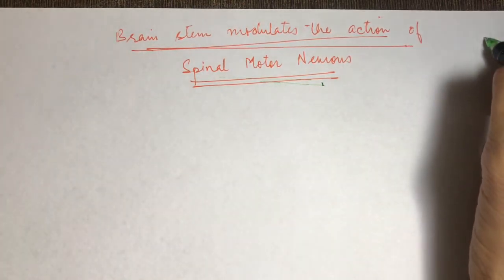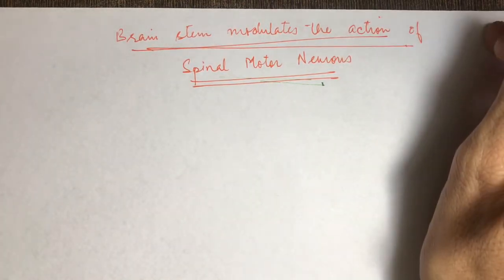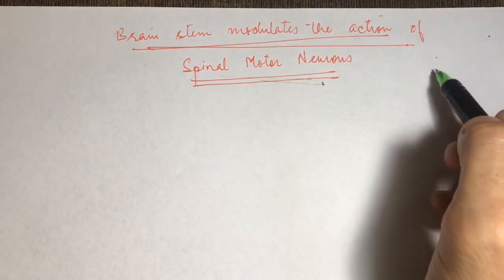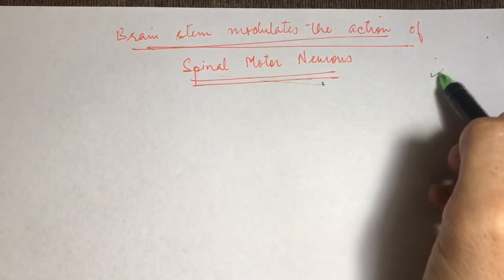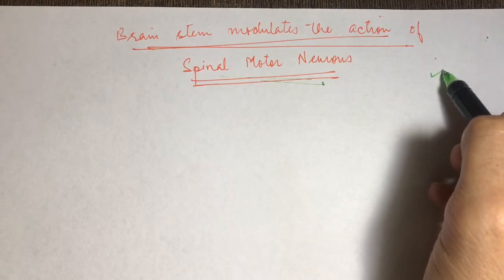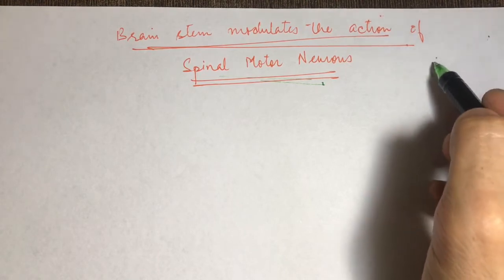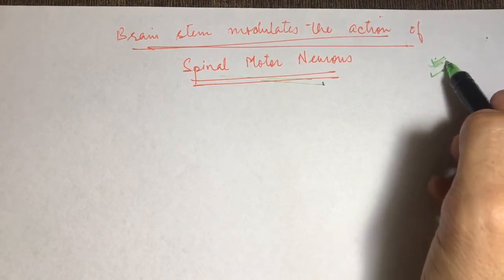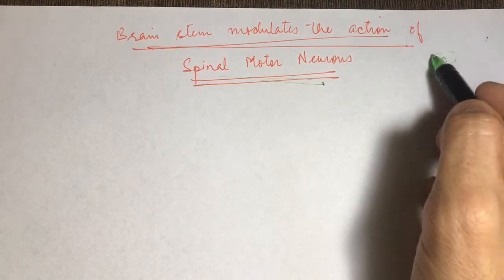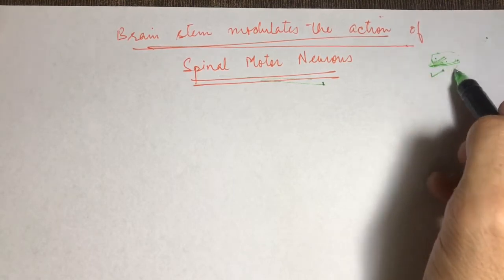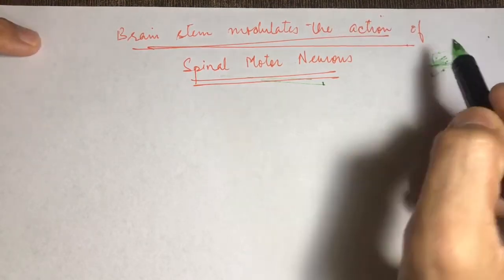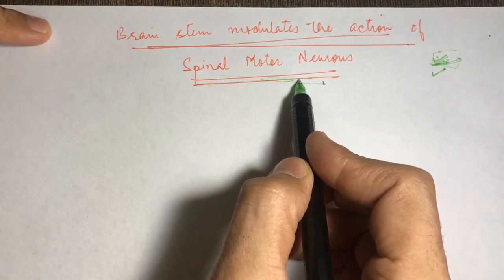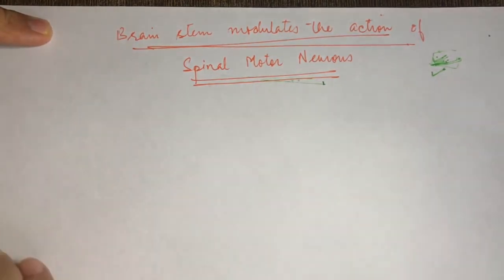The lowest level in the hierarchy was the spinal cord. The second was the brainstem. Like the spinal cord controls the reflexive and rhythmic movement, the brainstem also controls the reflexive and rhythmic movement of the corresponding area of the face and neck, right? Apart from those functions, the brainstem also controls the rest of the spinal motor neuron, and it controls via two